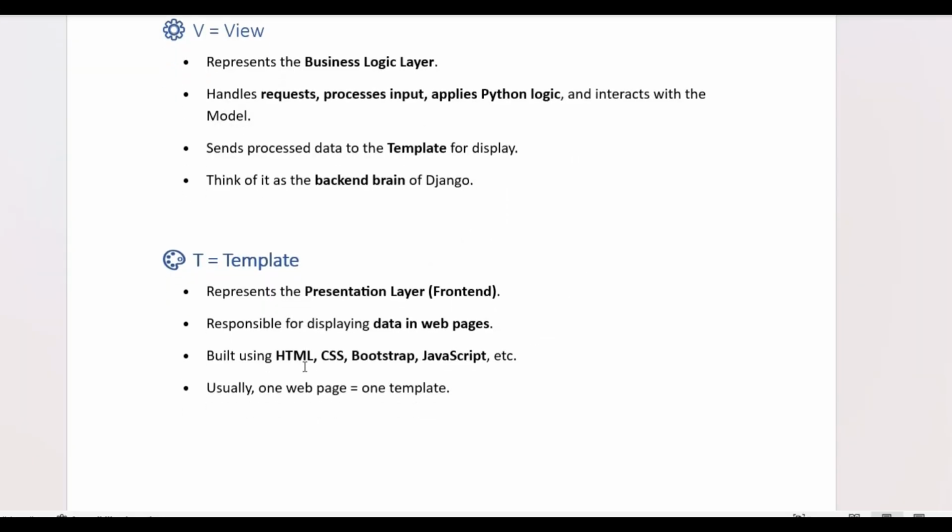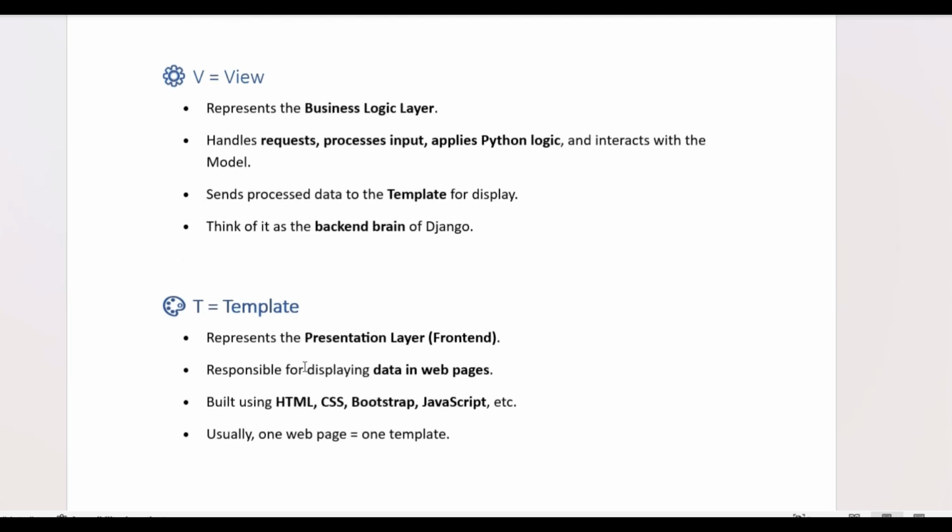Now let us move to the template. Template represents the presentation layer. It is the front end, how data in the website or web pages has to be displayed. Here it contains HTML, CSS, Bootstrap and JavaScript. Each web page is represented by one template.